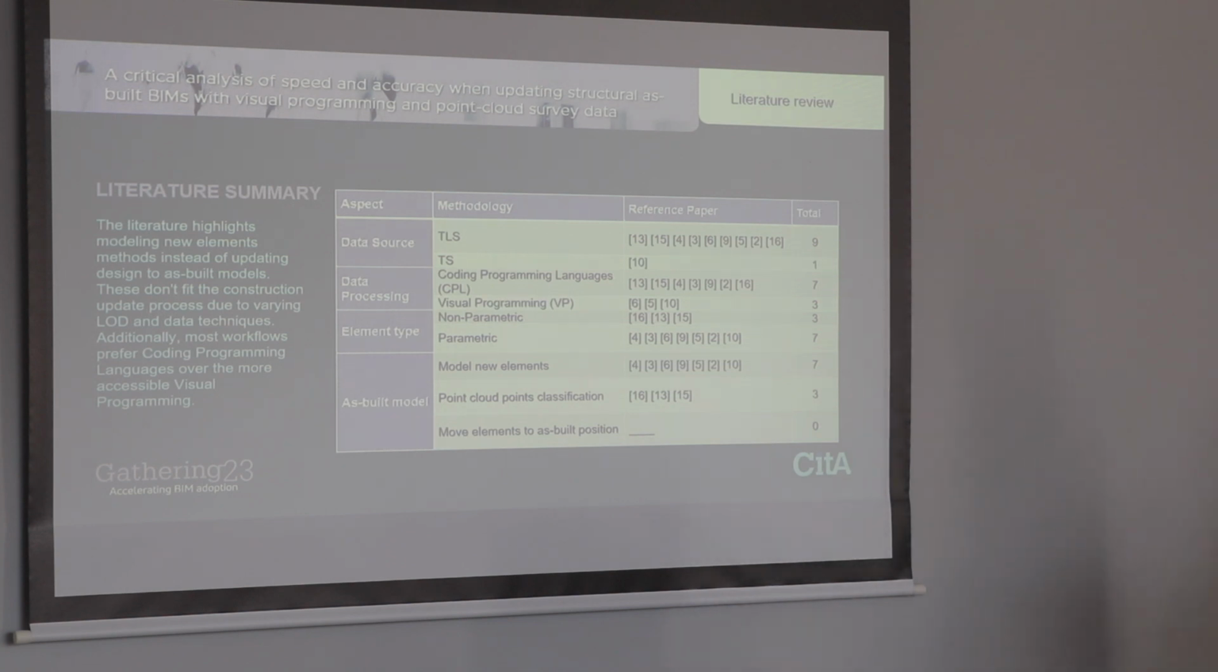I'm here. Yeah, so those are the papers used, and I would like to draw attention to the last line, because we have papers on data source using different data sources, like total station and laser scan, papers on processing data using programming languages, Python, C#, and also visual programming, Dynamo, Grasshopper. But I haven't found any paper that moves elements to as-built position,